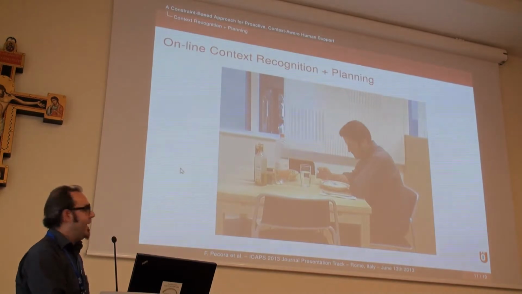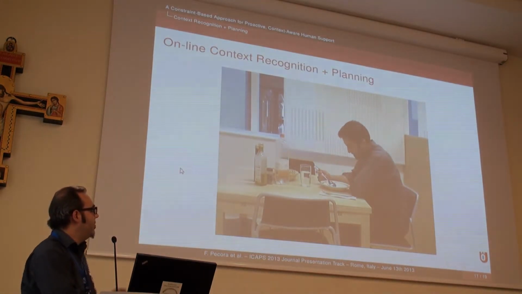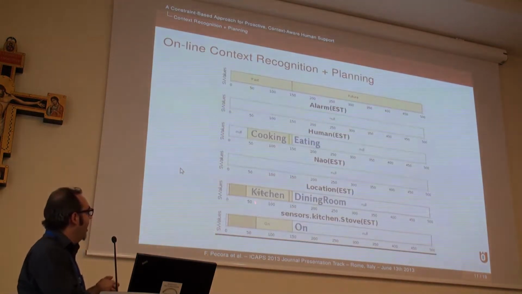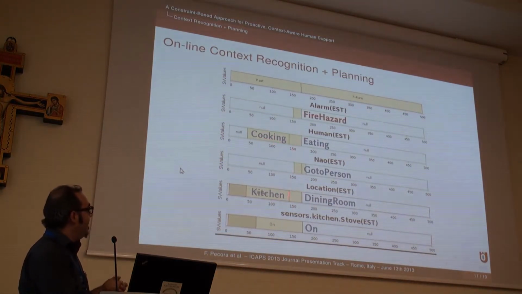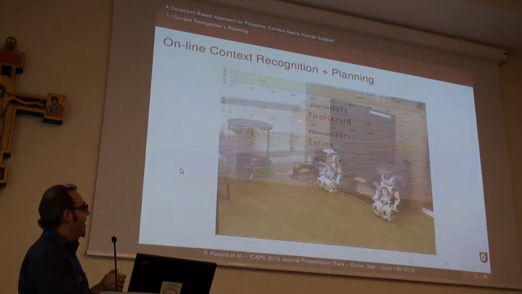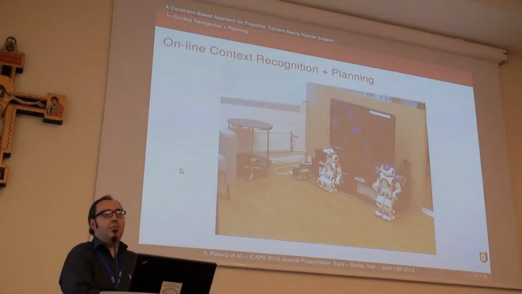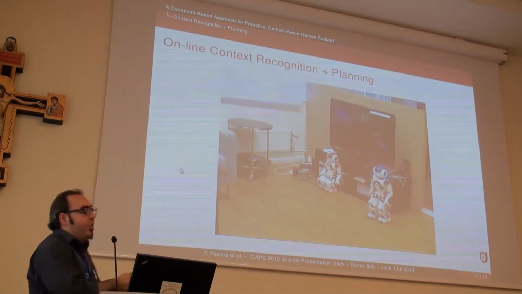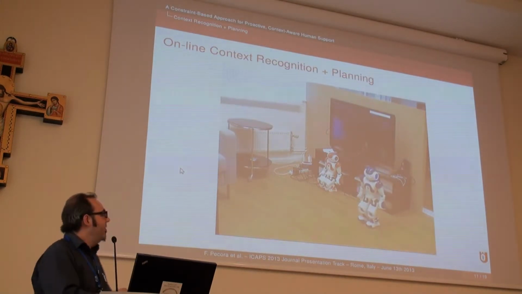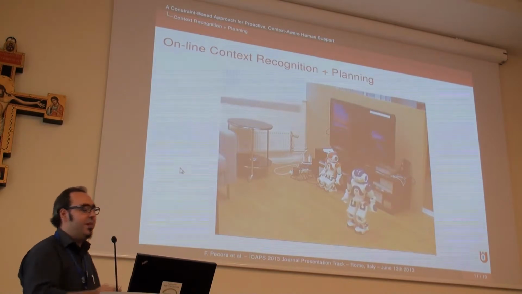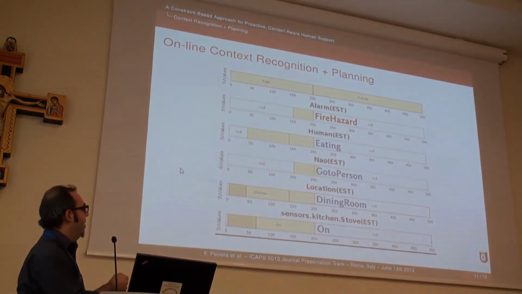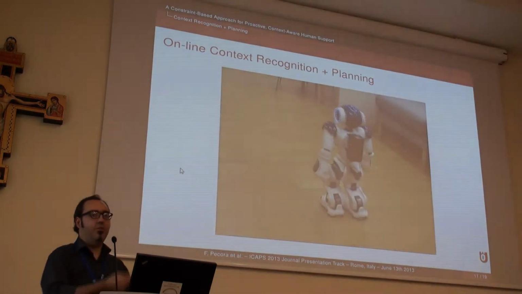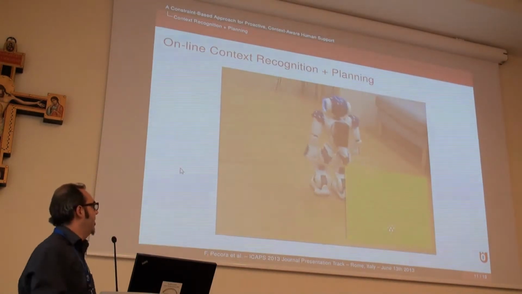Now, some time goes by, and he's eating, but unfortunately, he's a bit forgetful. And there is also the context that's been recognized that he's cooking, now he's eating, but since the stove is still on, there is a fire hazard. And that is the result of a temporal rule applied. But also, we're doing planning in the middle of all of this. So fortunately, also there's another piece of the domain that triggers an action or a plan, very simple plan albeit, of this now robot, which has to go to the person and then say a warning. Look, you forgot to turn off the stove, because it can't reach the stove.